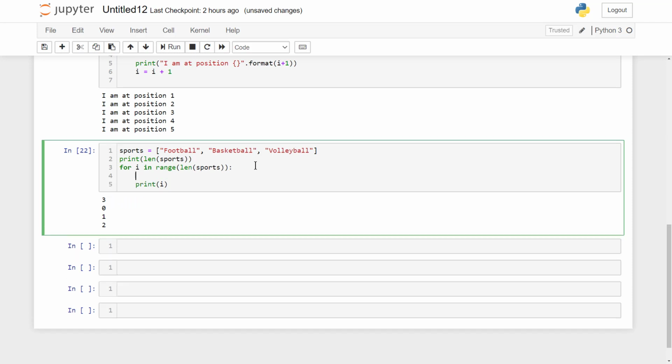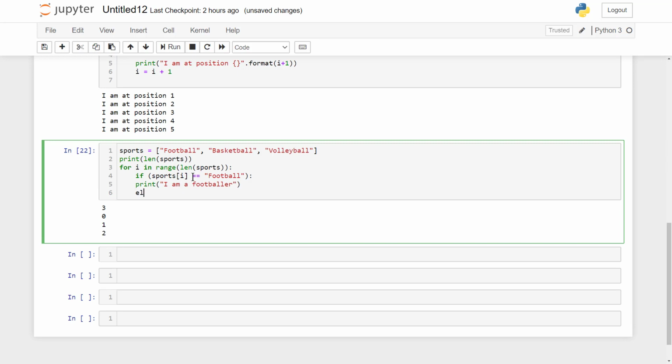Now we can say that for a particular i, if sports i. Now we know that sports 0, for example, is basically this football string. Sports 1 is this, and sports 2 is this. So if a particular sports i is equal, very important to put those brackets. It makes your work neat. So if sports i is actually equal to football, we're gonna print out I am a footballer. And then we have if sports i is equal to